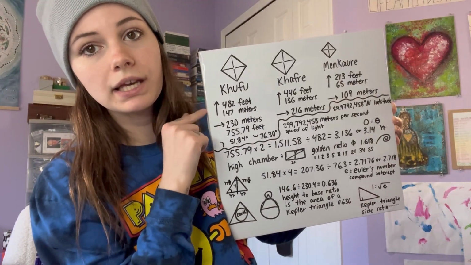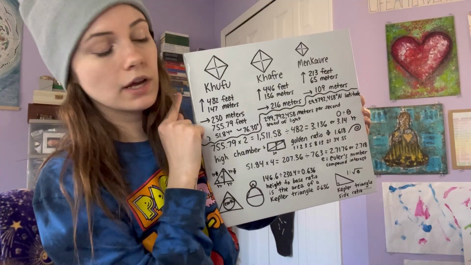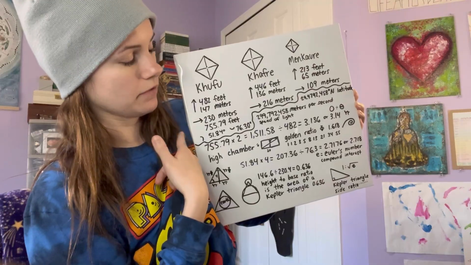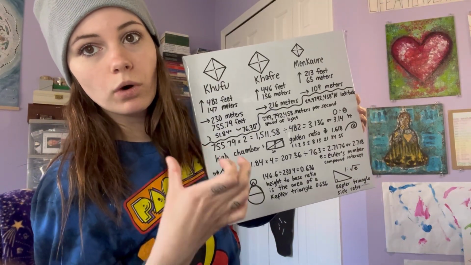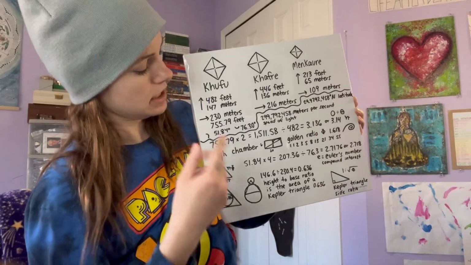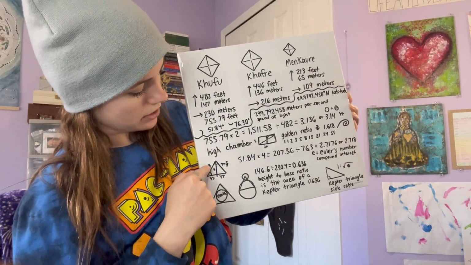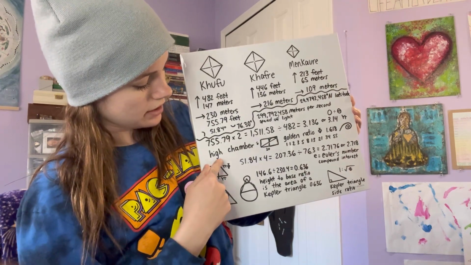It's the biggest one. As you can see here, we've got in feet and meters how tall they are, and then in meters for all of them. The biggest one I have in feet as well for the length of them, like one of the sides, how long it is. We also have here the angles of the bottom here, that's symmetrical obviously, and then this top